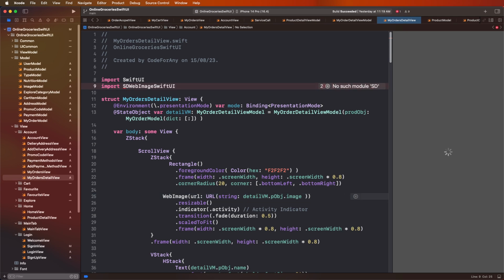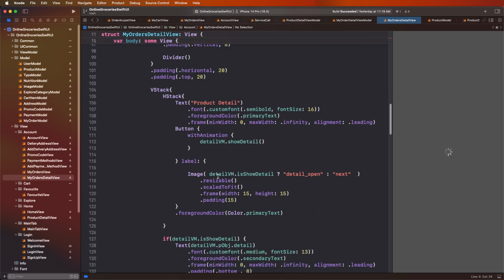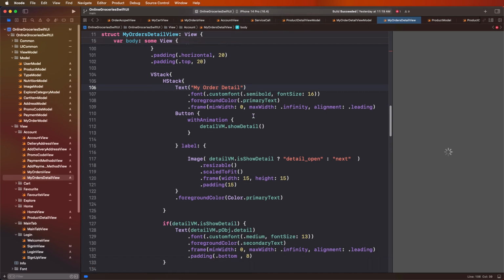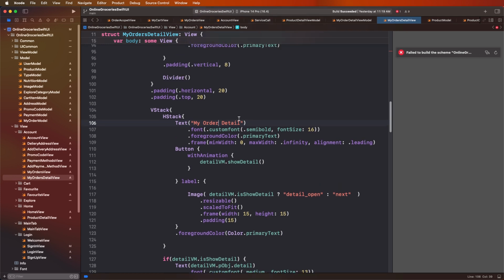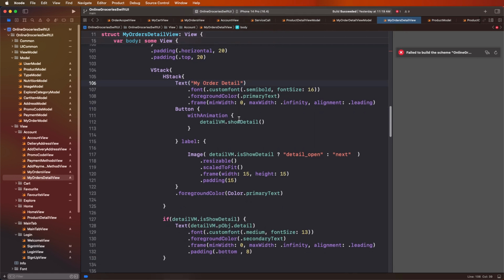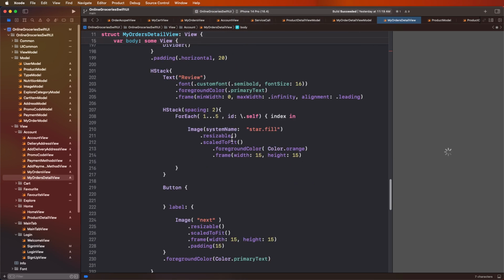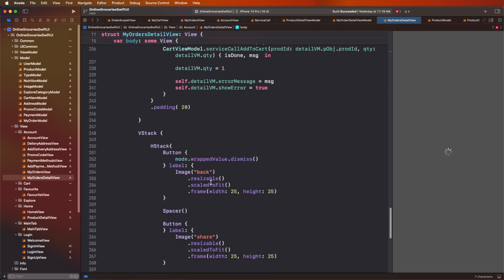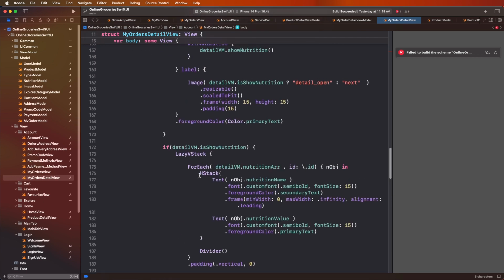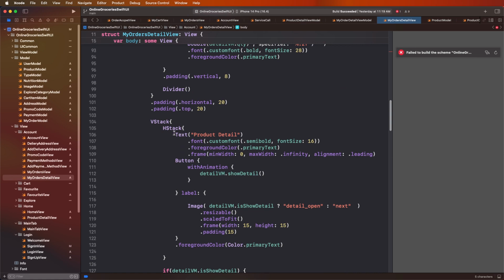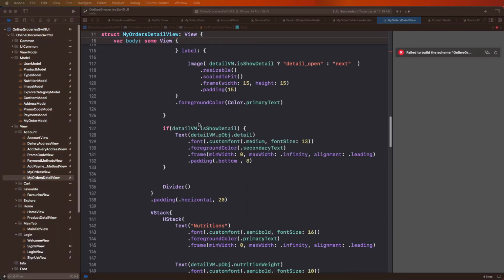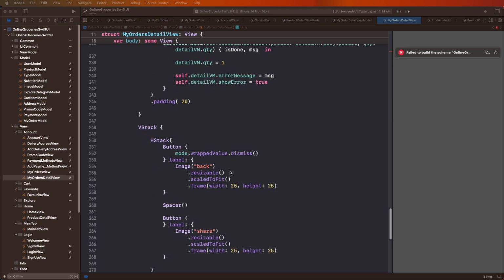HD web image SwiftUI. I need to set this here, and first of all set the titles, my order detail, and write down the text here. I need to set the titles. First of all I need to give here the